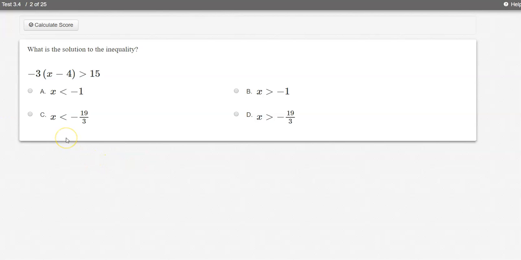What is the solution to the inequality? There are two strategies, maybe more, but at least two strategies you could use to solve this inequality. First, you have a -3 multiplied by x minus 4 in parentheses. So to eliminate -3, you would divide by -3. Dividing by a negative will reverse the inequality, so you should not choose B or D because those did not